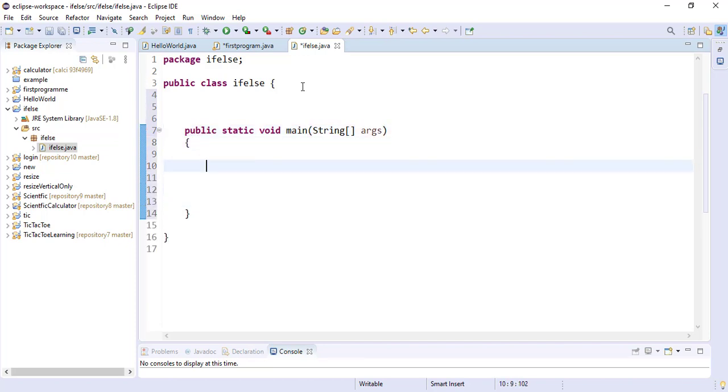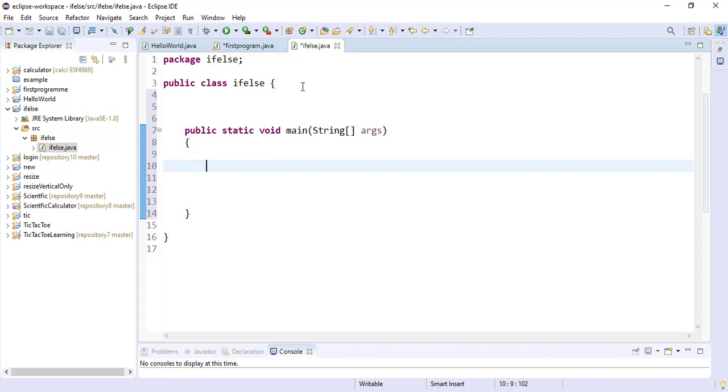Now before typing anything about if else in Java, first of all we have to understand why we need to use if else. In some cases, when you are doing programming, you don't know what is going to actually happen inside the program, but you want to perform certain things if something happens. Let us suppose you have an integer, and you want the user to input a value and store that value inside that integer. Now you create a program: if the integer value is greater than 10, then you want to perform some condition, and if the value is less than 10, then you want to perform some different condition.